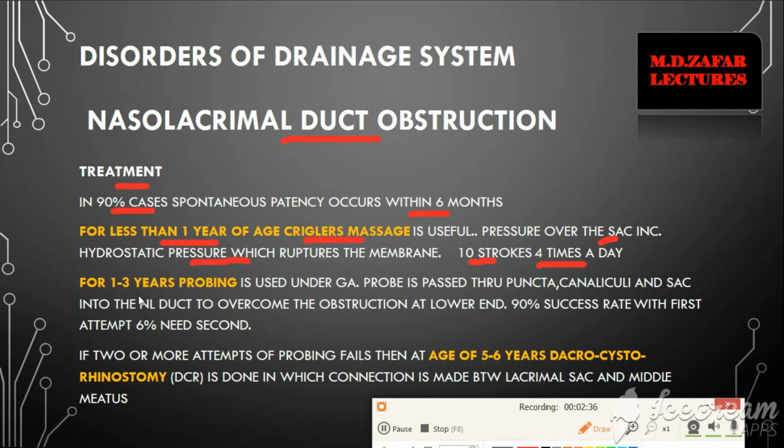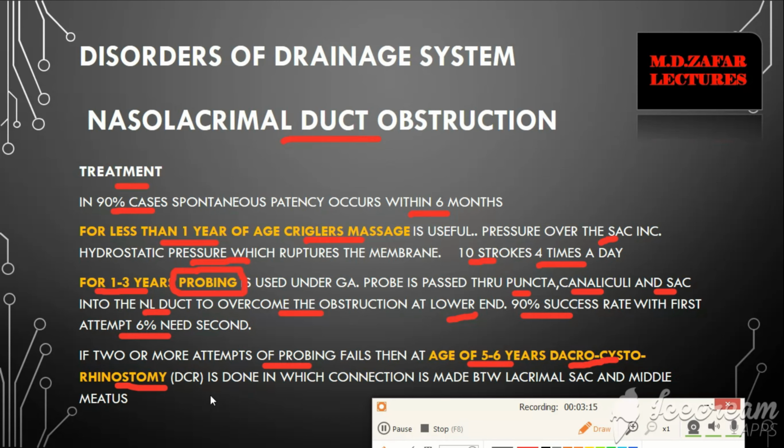If it does not help, in the age of 1 to 3, probing under general anesthesia is the required treatment. In this, a probe is passed through the puncti, then to the canaliculi, then to the lacrimal sac, and into the duct, and it overcomes the obstruction at the lower end, and it results in a 90% success rate in the first attempt. If it does not succeed, then we have a second attempt, and it has a success rate of 6%. Now, if probing has failed, then we wait till the age of 5 to 6 years, and we perform an operation,